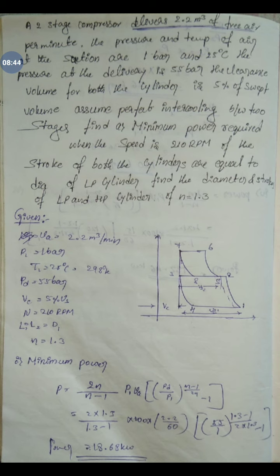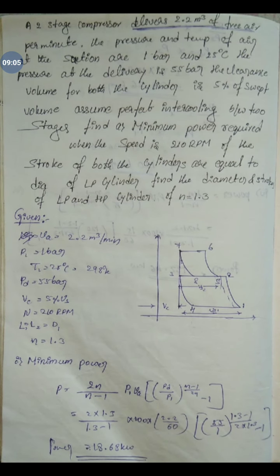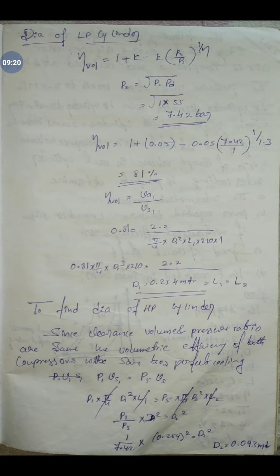So we can write P1 V1 equal to P5 V5 because the process 1 to 5 is nothing but an isothermal process, as the temperature remains constant. So P1 V1 will be equivalent to P5 V5. From the diagram, since the clearance volume is also the same, V1 is written as Vs1 and V5 can be written as Vs2, because the clearance volume on both sides gets cancelled. So you will get P1 Vs1 equal to P5 Vs2.